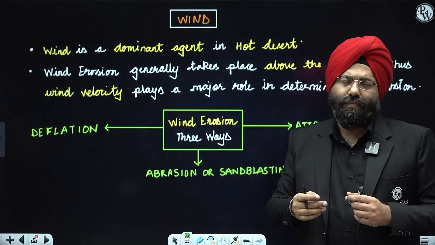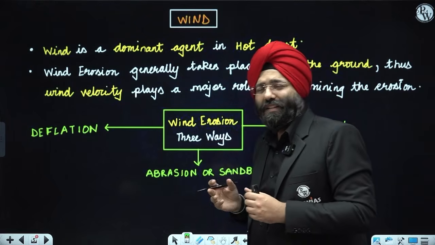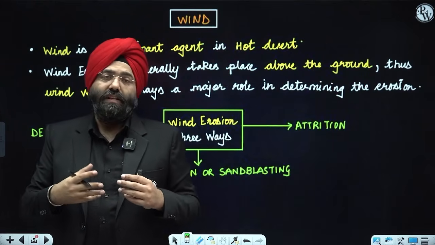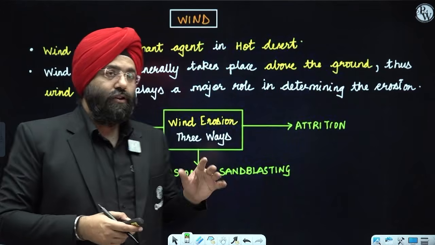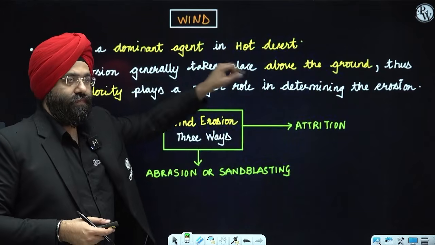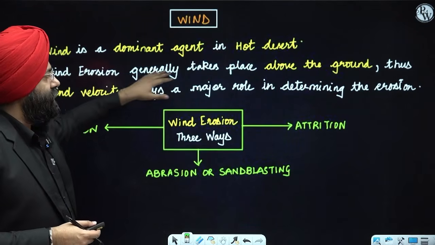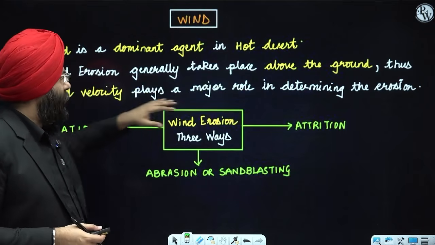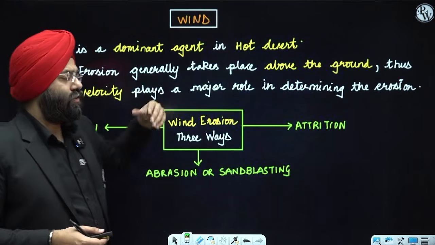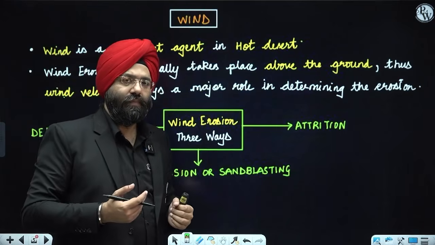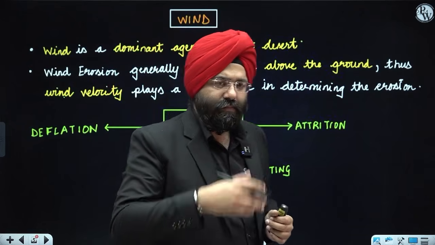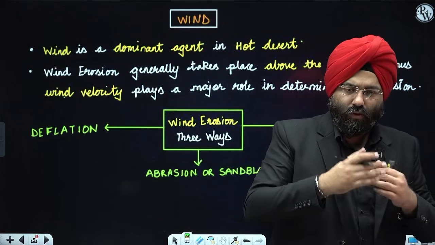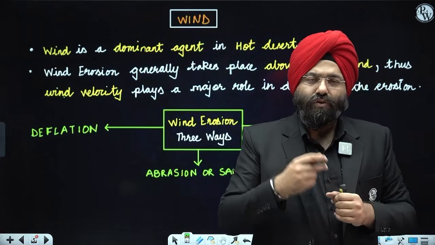This has been asked in the PCS examinations repeatedly in almost all PCS, and in UPSC also it has been repeatedly asked. Wind is a very dominant agent of erosion in the hot desert region. Now, wind erosion generally takes place above the ground, and the wind velocity plays a very major role. Now, please understand, when the wind is blowing, it is not only simply blowing. Yes, there can be normal processes also where wind is blowing, but in most of the cases, you will realize